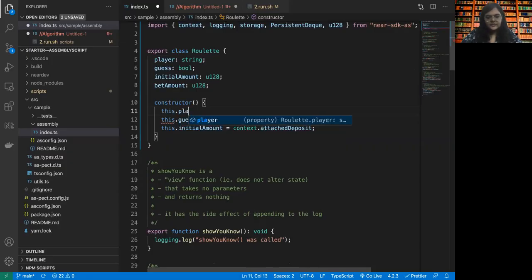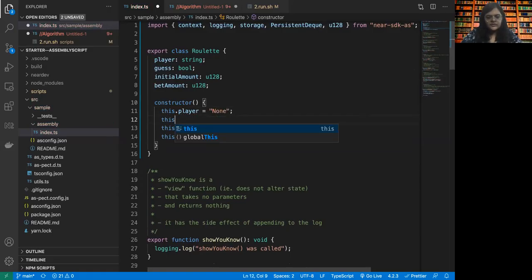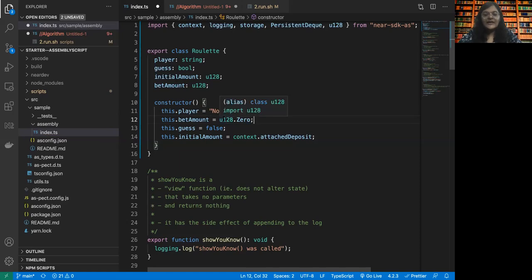So let's say this dot player, we just say none, this dot bet amount for now, we'll call it zero. The U128 is another data type present in the near SDK, which can be used to take in the amount of near, because all of the cryptocurrencies have a large number of decimals.